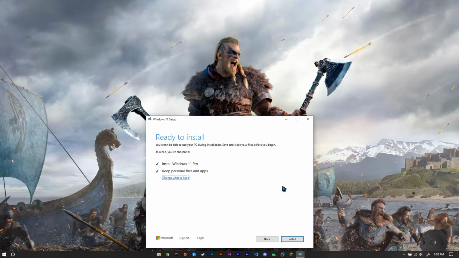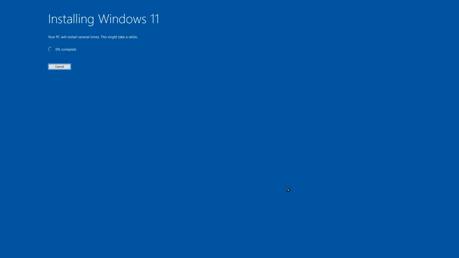Now you just need to click on install, and this is going to bring you to this screen. This is the official installation screen. Firstly it is going to complete from 1% to 100%, and then Windows is going to restart, and again the installation process will continue from 1% to 100%, and that is going to take somewhere around 30 to 50 minutes depending upon your system configuration. You just have to leave your system, and from now there is nothing that you have to do. Everything is going to work automatically.